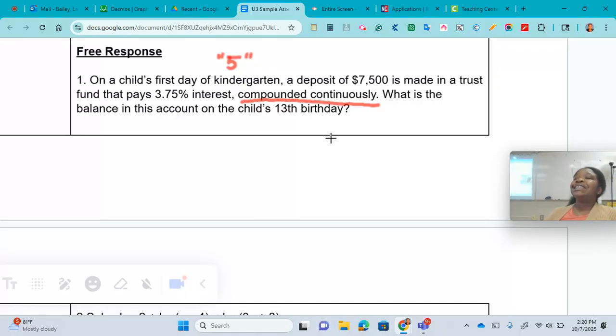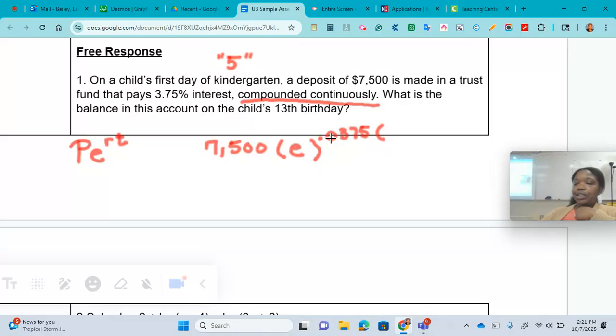When we are compounding continuously, we will use the equation principal times e raised to the rt. When we talk about compounding continuously, besides the growth rate, we use the letter e, which represents a number. So we have the principal amount, 7,500. We're going to multiply it by e raised to the rate, which is, move the decimal 2 times to the left, 0.0375 times